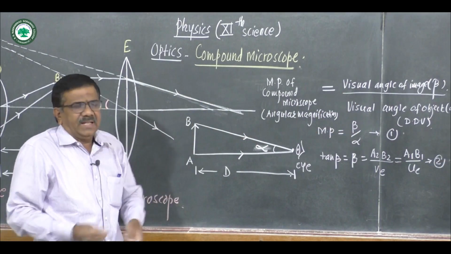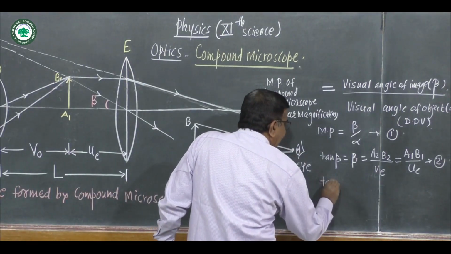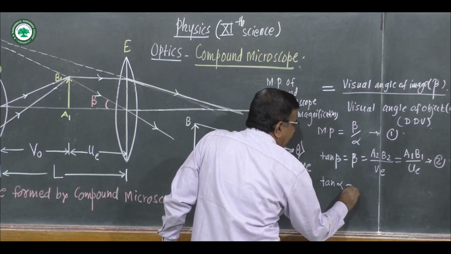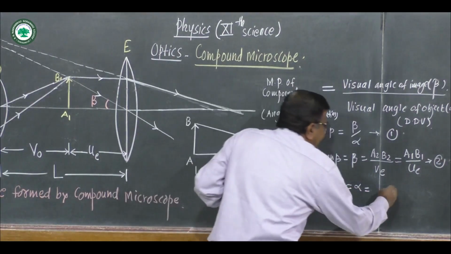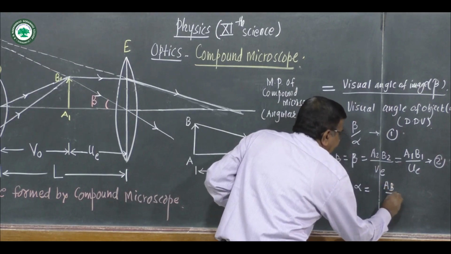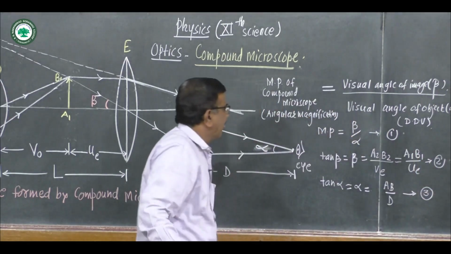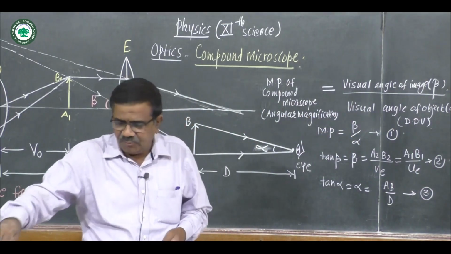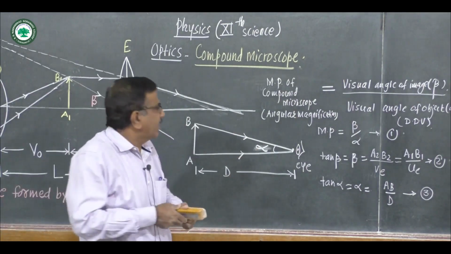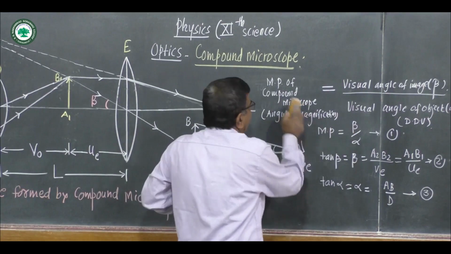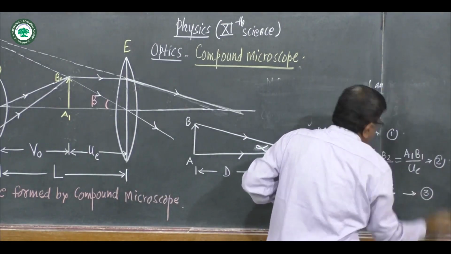From this second figure, tan alpha, that is nearly equal to alpha if angles are small, and that is AB upon D. Suppose this is our equation number 3. We get the value of beta and alpha. Substitute these values in the magnifying power equation or angular magnification, that is equation 1, which becomes